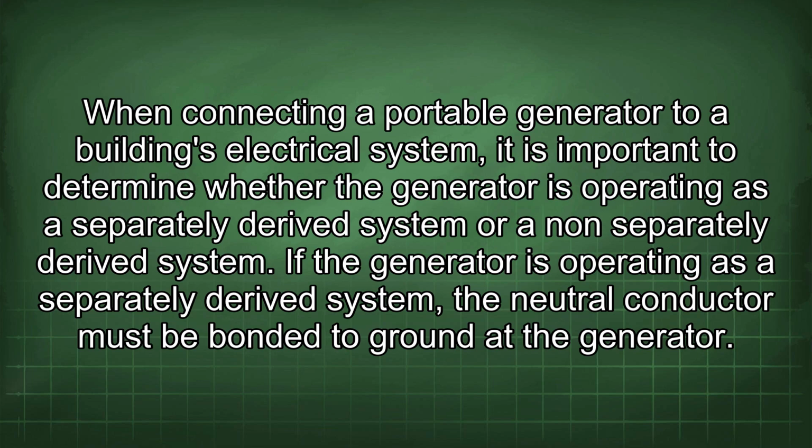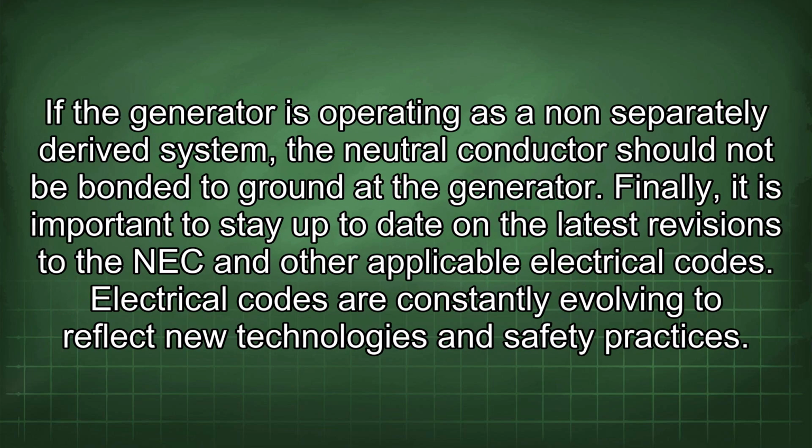If the generator is operating as a separately derived system, the neutral conductor must be bonded to ground at the generator. If the generator is operating as a non-separately derived system, the neutral conductor should not be bonded to ground at the generator. Finally, it is important to stay up to date on the latest revisions to the NEC and